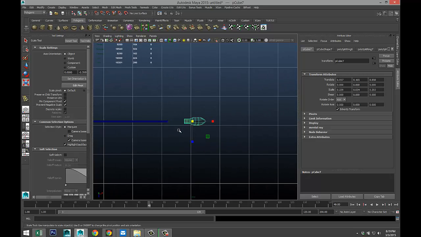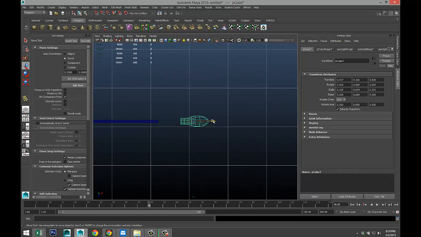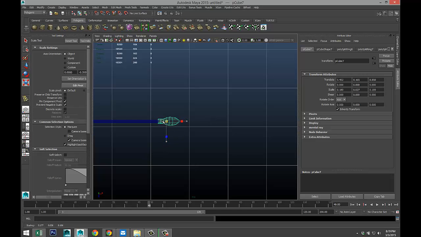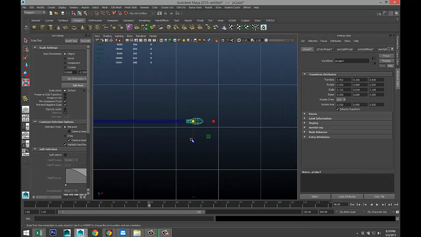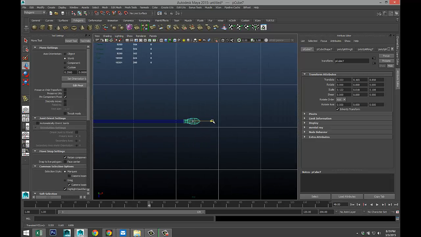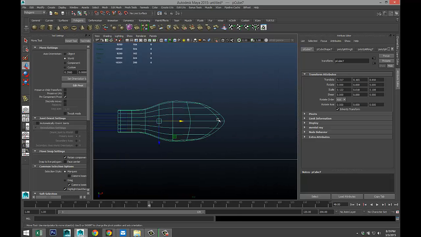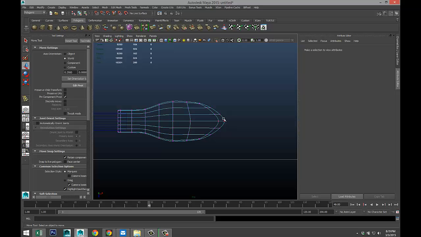F to zoom in. W to push that in. We're going to scale it down some more. Bring that in. Okay, and we're going to right click on our vertex.